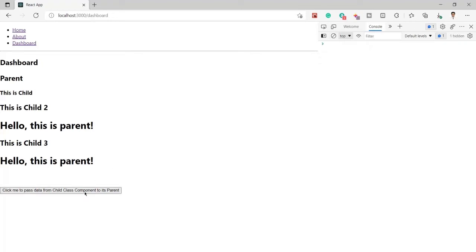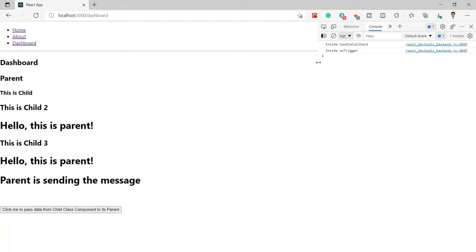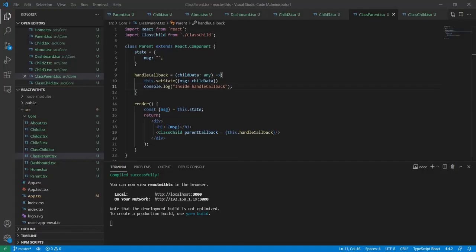Okay, and now I will click again. You can see again it is going inside handle callback and then inside on trigger. So that means when I am clicking on this button, then it is sending the message back to here.